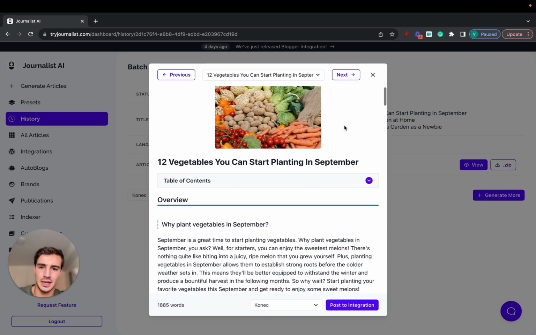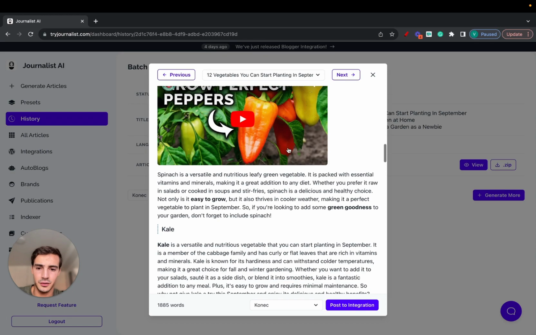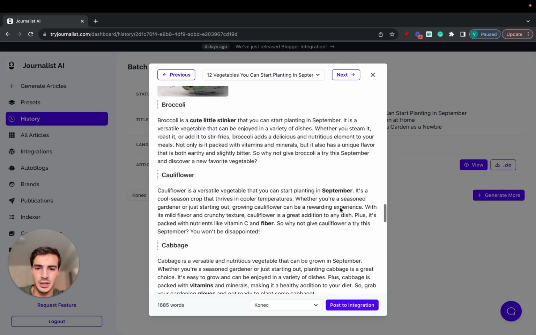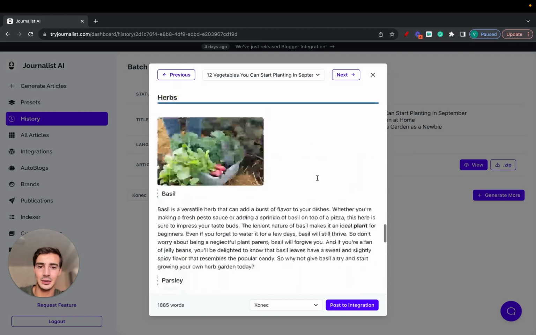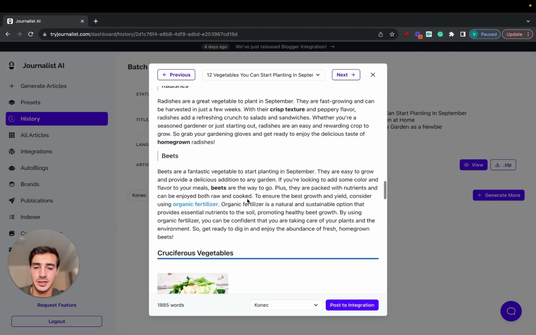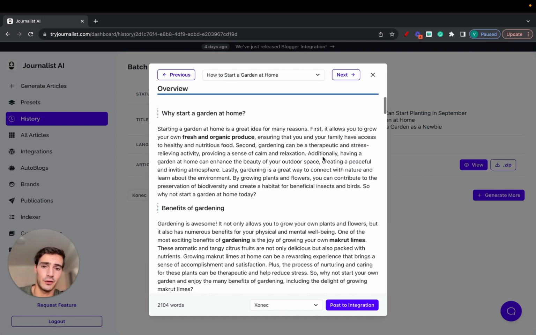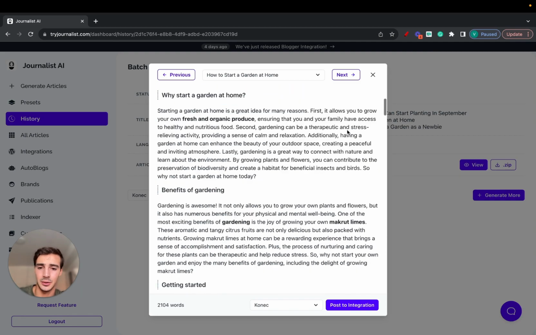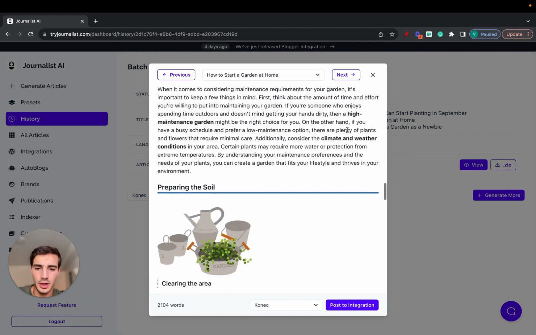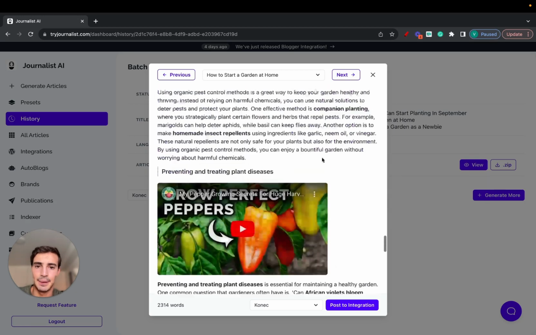So all this: the images, the title, the table of contents, the overview, the in-article videos, bullet points, the internal links, external links, the call to action down here. You can even link out to your Shopify products, right? So you can have the articles in your blog link out to different products of yours, which makes perfect sense, right? You want to have your blog link out and talk about your products. All this, with videos, is generated based on this brand.